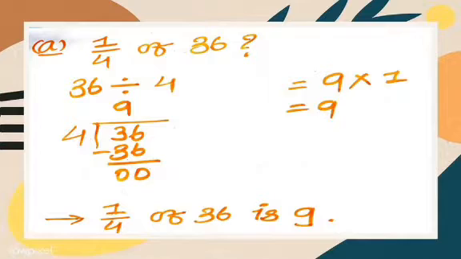Okay, so question number one is A. A is what? 1 upon 4 of 36. I taught you all these examples in the last lecture. 1 upon 4 of 36 means we have to do the division first, and then after that the multiplication. Understood, my dear students? So the first step is division and the second step is multiplication.